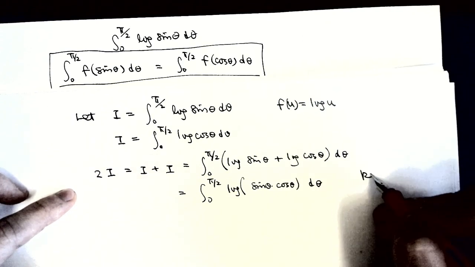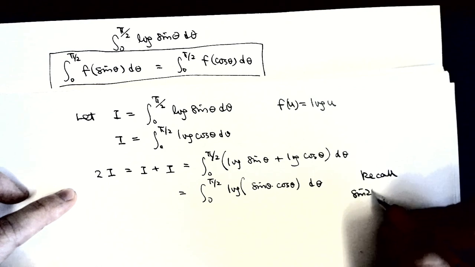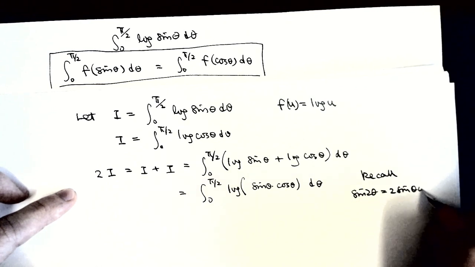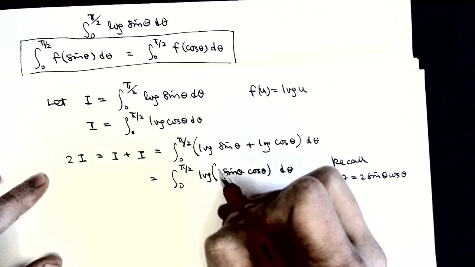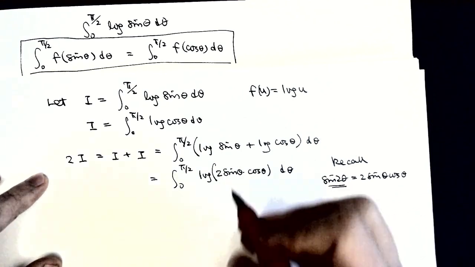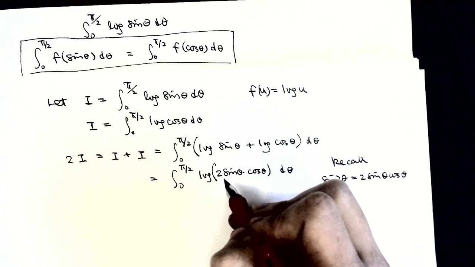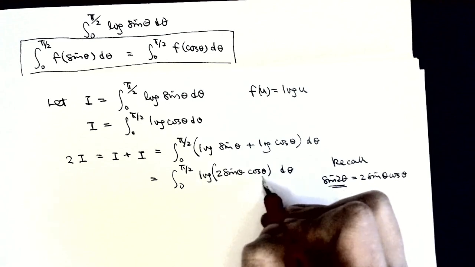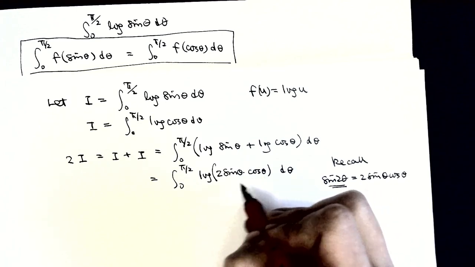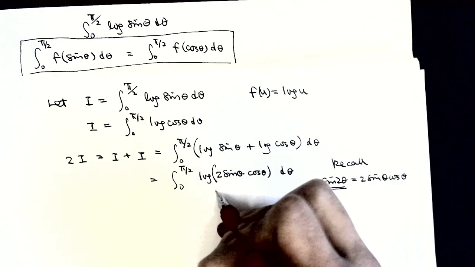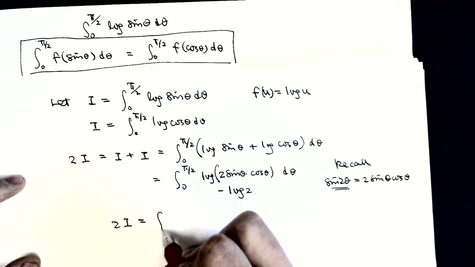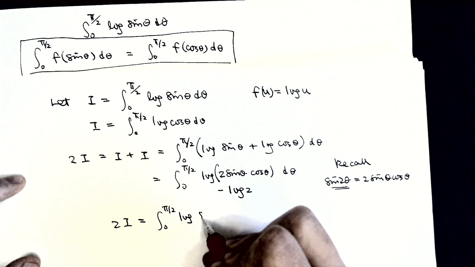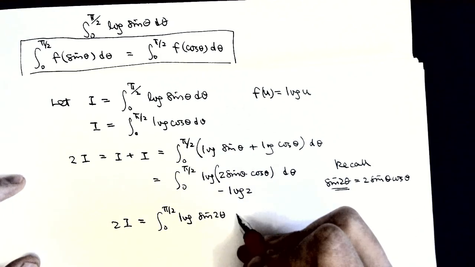Now, we recall sine 2 theta is just 2 sine theta cosine theta. This is the double angle formula for sine. So we notice that it is very similar. We want to add a 2 here, but we have to cancel this 2, so basically we divide this by 2. For the log, division is just subtraction, so we subtract log 2 here. So 2I is equal to the integral of log of sine 2 theta d theta